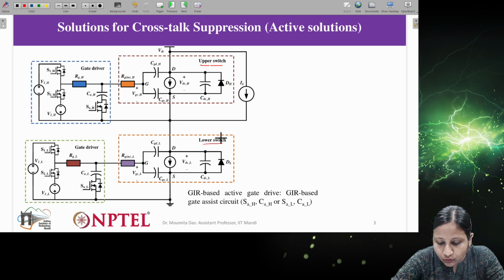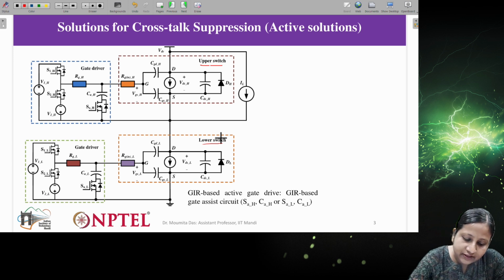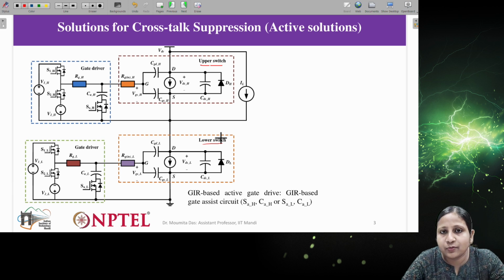Now if the upper switch and lower switch are connected in series, we have to consider that both are not in turn on condition at the same time. For that we have to provide a sufficient dead gap so that when one switch turns off, then the other switch will turn on. So those things are taken care of. Now when one switch is turning off or the other switch is turning on, during that time the transient due to turn on and turn off can affect the switch which may not be in the working condition, or the complementary switch.